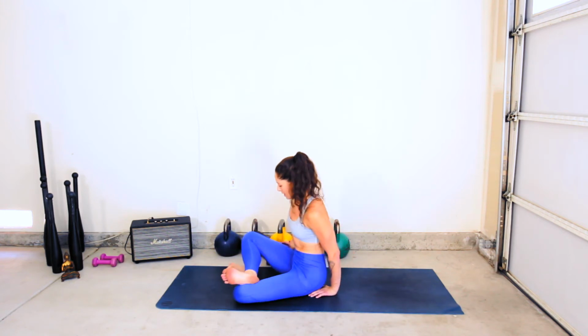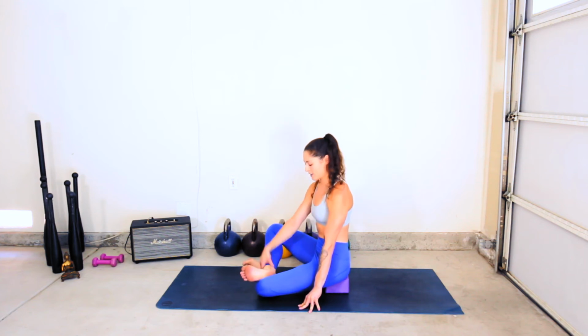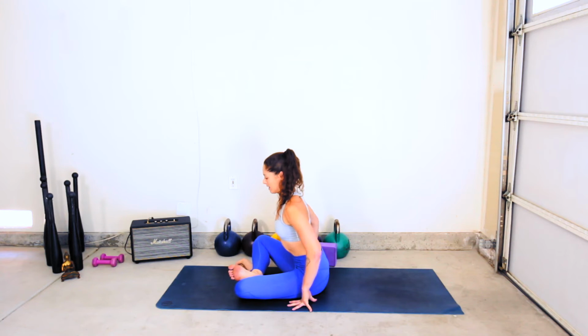Once you're in this position, if you feel like you're here, you can elevate again the hips. So I can come tall on a block. Might not feel as great, so I'm going to slide this foot across. Or if you feel like you have the height, you can push the hips back, and then you can start